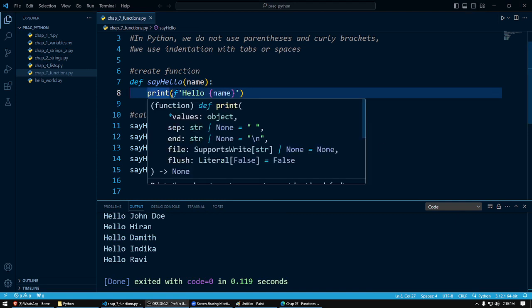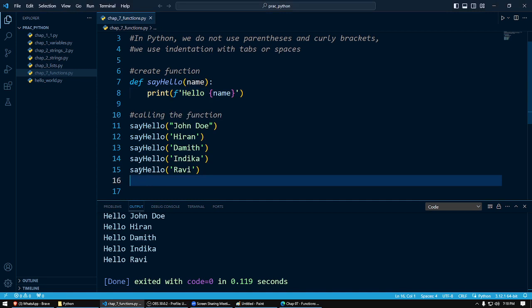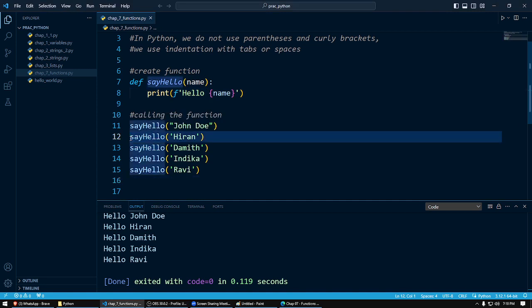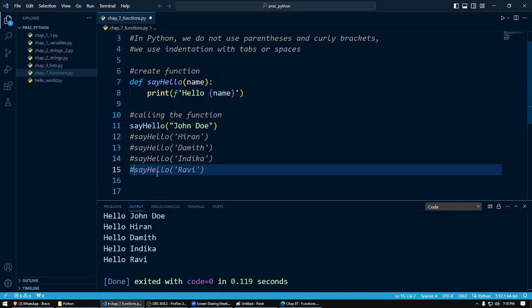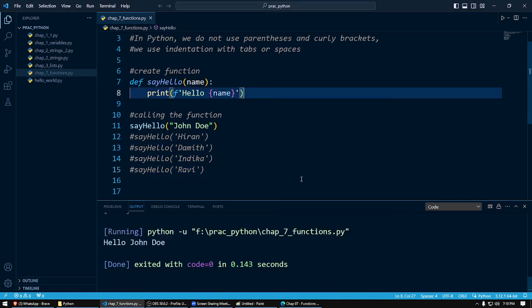We saw how to create a function, how to call the function. For learning easiness, I'm going to have these things. Let me keep it commented, so that when I'm demonstrating the program, it will be easy for you to see the output on the screen, right? I'm just leaving one command for you. Other things I have kept commented. Alright, let's move on to the next part, which is